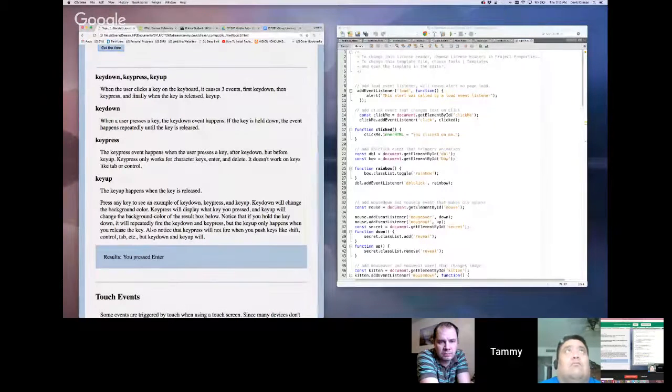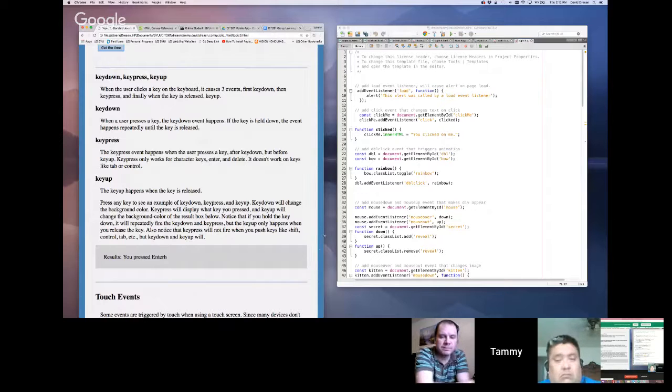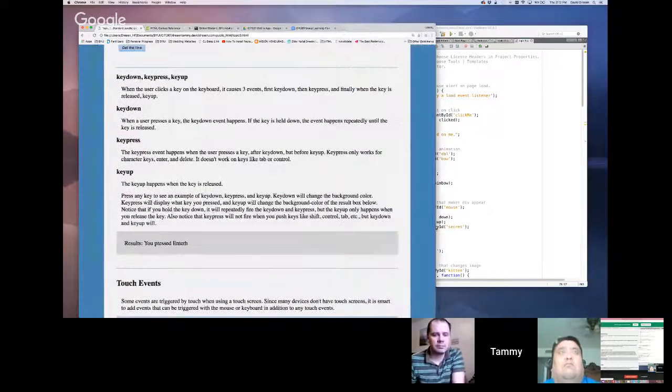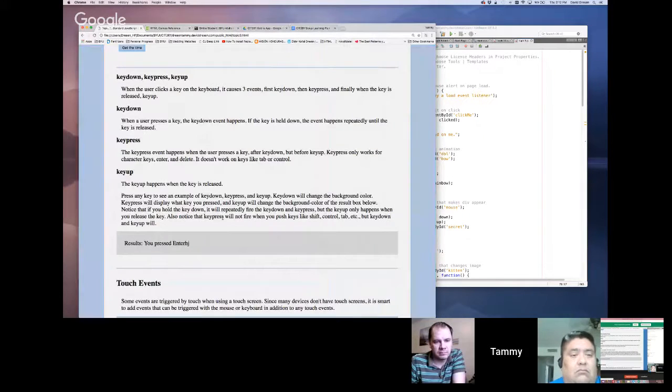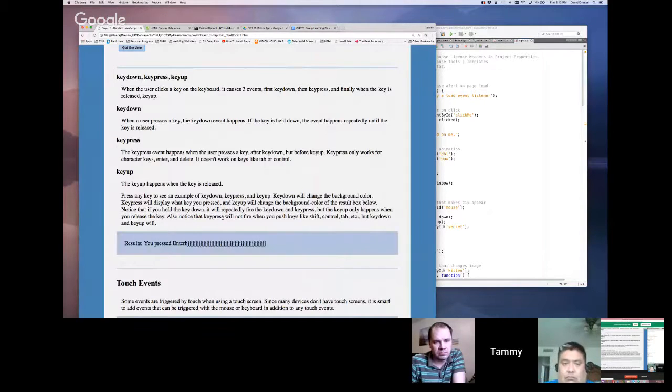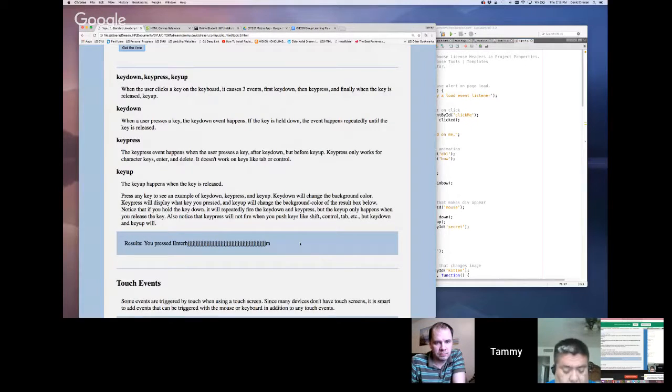So I'm going to hit a key, and you can see down here it shows the key that I pressed, but then also notice that the color changes here and the color changes in the background. So you can see it better. So if I hold down on the key, notice two of the things are happening. The background is changing and it's capturing what letter I'm hitting, but this part doesn't change until I actually let